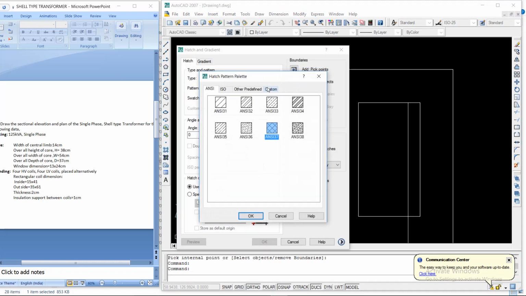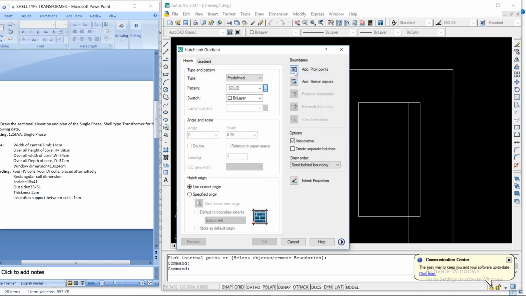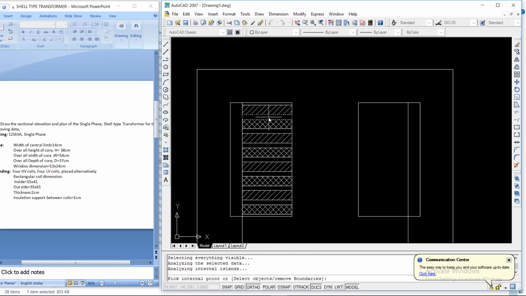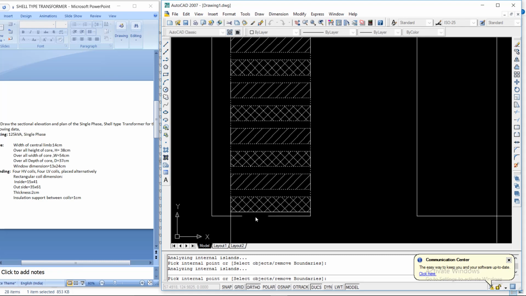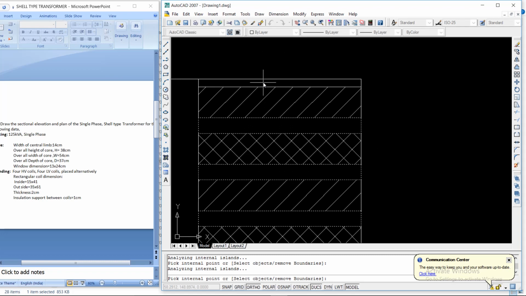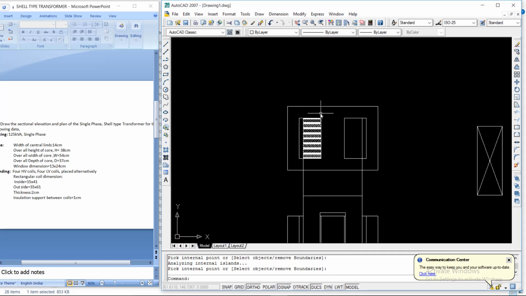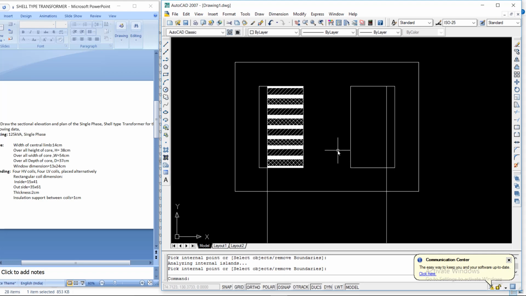Here you have to select other predefined, and in that select solid hatch, add pick points. Select this point for the insulation portion, enter. OK, so this is one portion of your coil.